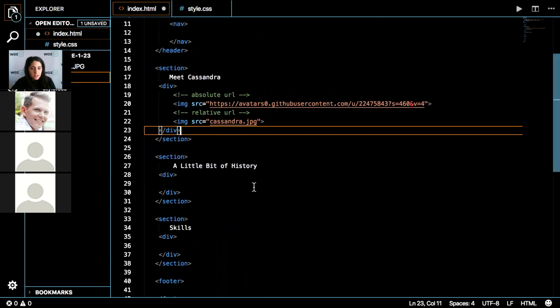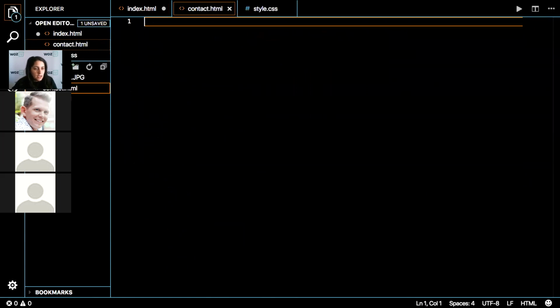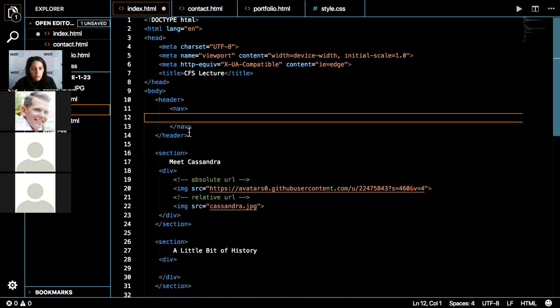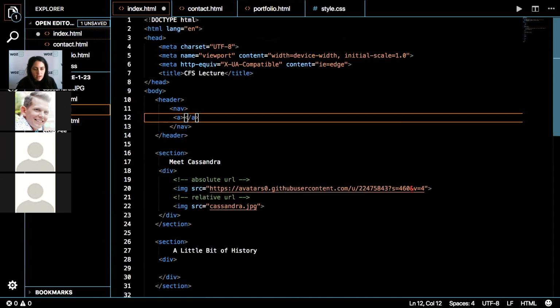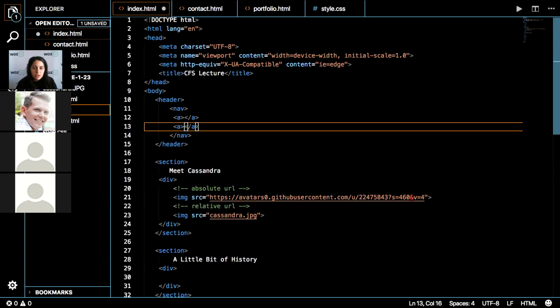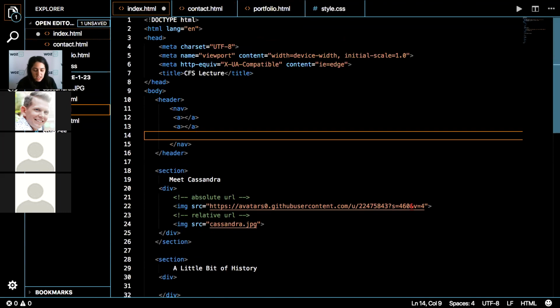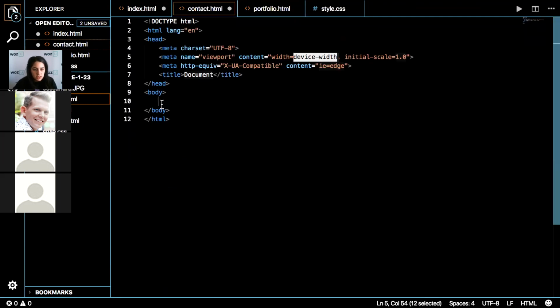Okay. Now let's go ahead and use our anchor tags. Let's say this is a multi-page website, so I'm going to go ahead and create a couple pages, do contact, and do a portfolio. Go back here. And now I'm going to use an anchor tag. So we'll have an opening and closing. I'm going to have 3 of these because I want to navigate between my home page, portfolio page, and contact page. And then let me just add some content to these HTML pages.